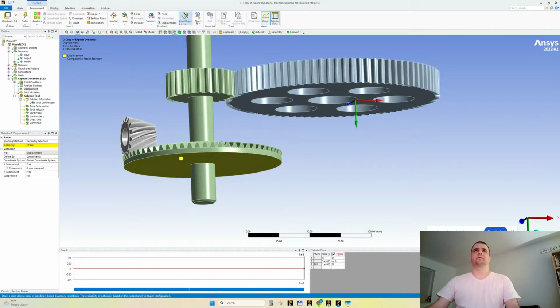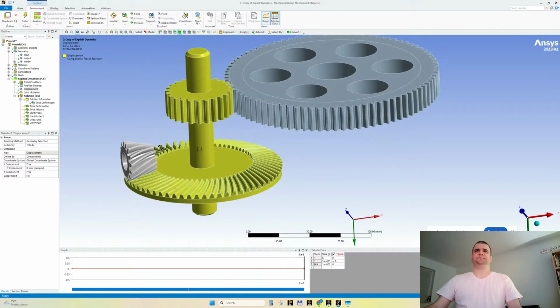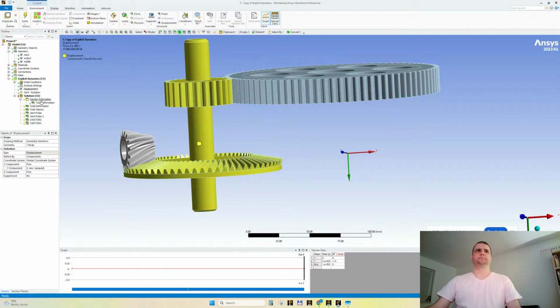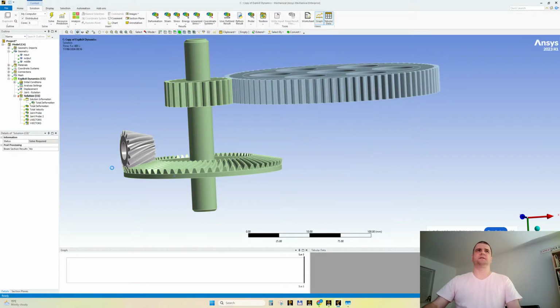This is why we are going for body. Let's suppress, maybe it's not needed because it wasn't needed in the past. Yeah, so we'll have a